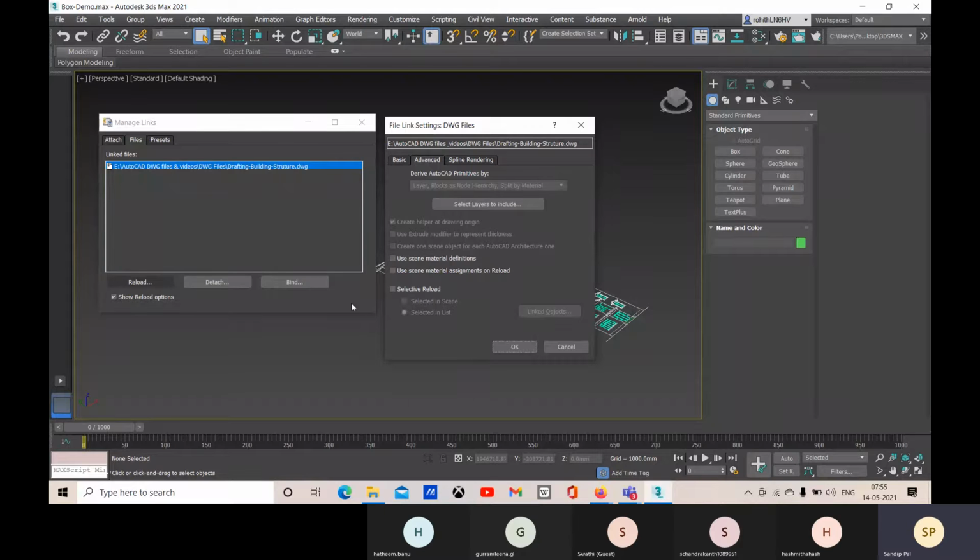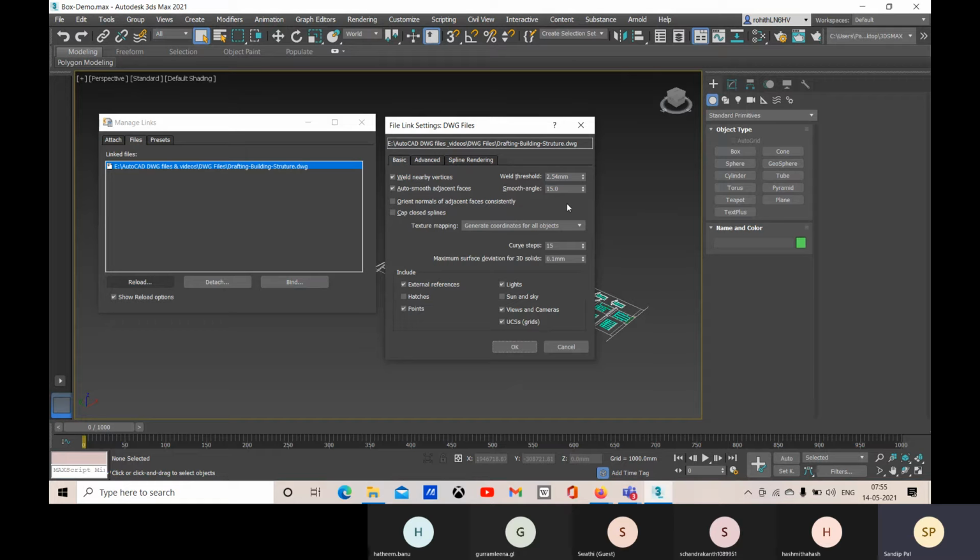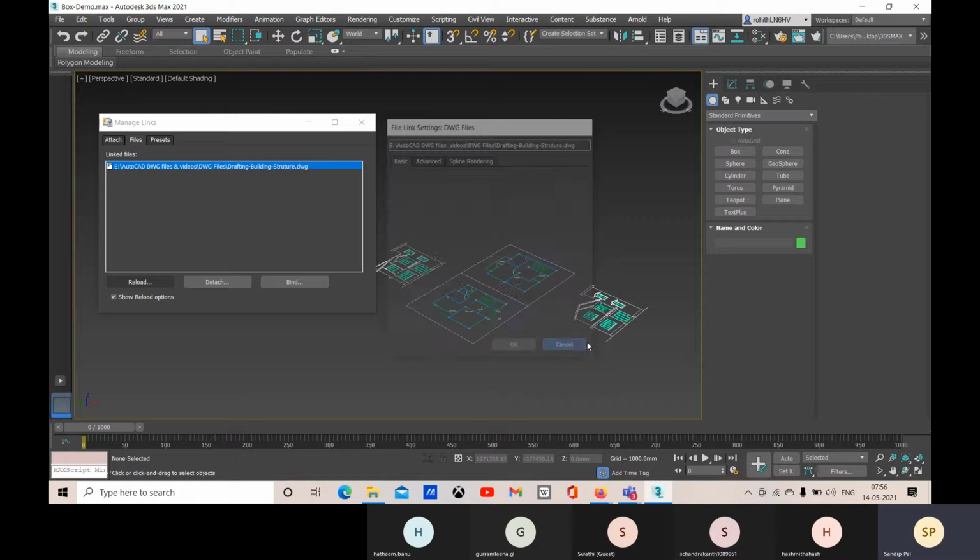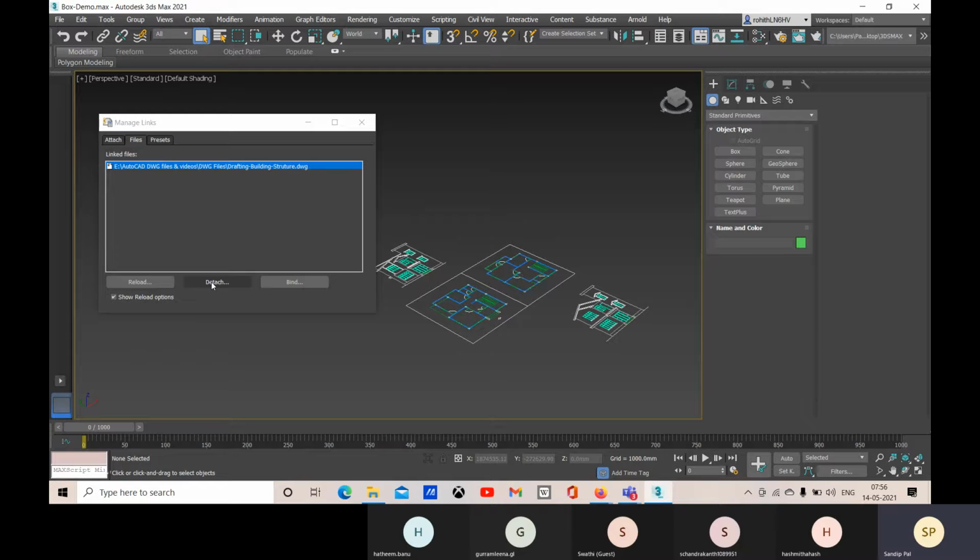Here you can change the layers to include. About all this I will show you when I import a 3D file. Now you can go for detach to delete it, and if you want to make it a part of your 3ds Max file, we can bind it. Right now I'm not binding it.